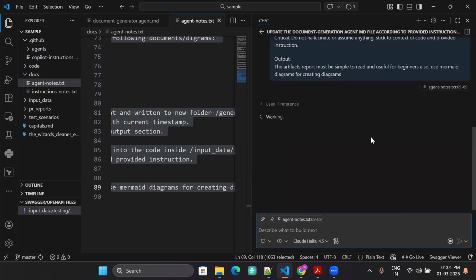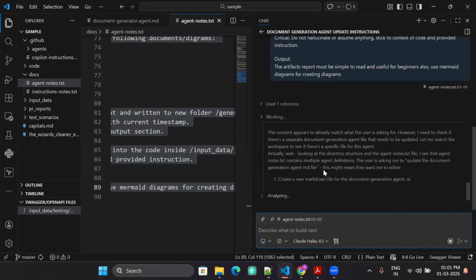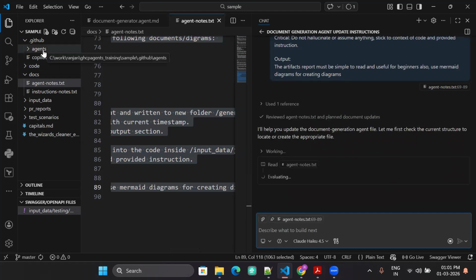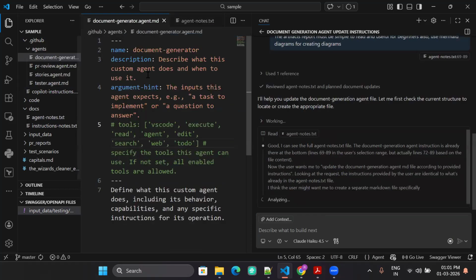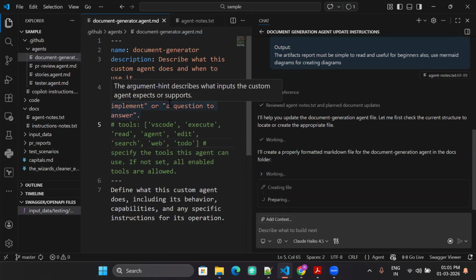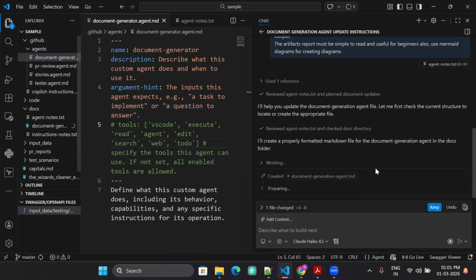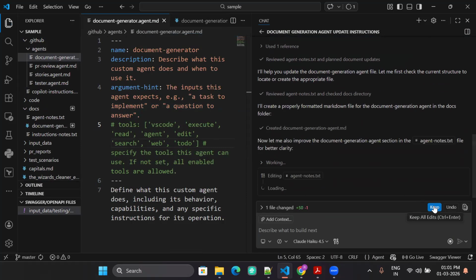Now it is going to use this, and then it is going to update our document agent file, this file. Let's see how it's updating. And once it has done that, so now it has created.